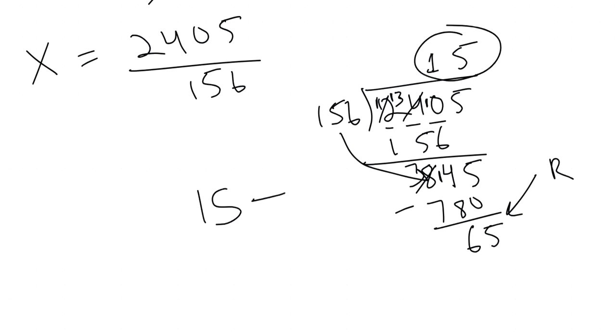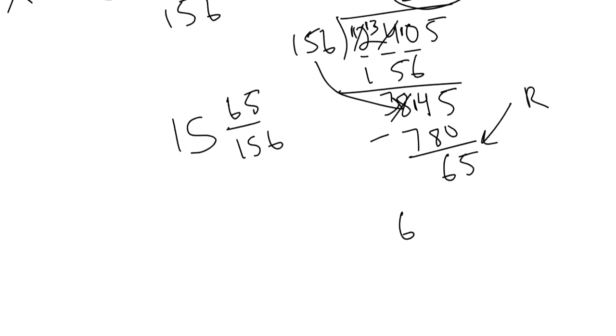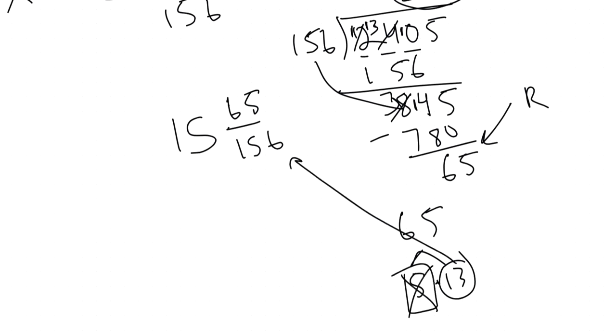65 over 156. Just to make sure, 65, when we factor it, is 5 times 13. And those are both prime numbers. Let's see if 13 goes into 156. We know 5 does not, but maybe 13 does. 156 divided by 13